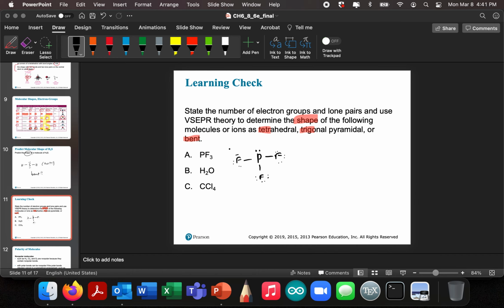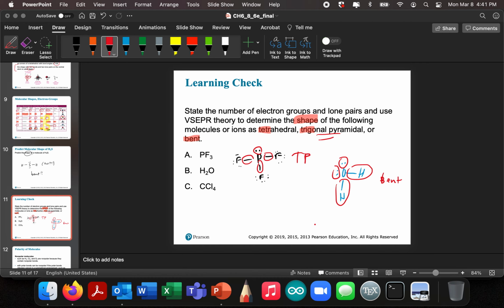Taking a long time for those electrons, right? All right, and so I see, aha, it has 3 bonds and 1 lone pair of electrons, 4 electron groups. But one of those is a lone pair, and so it's going to be trigonopyramidal. Trigonopyramidal. Okay, let's do another one. Let's do water. We already did water. It's got 2 bonds and 2 electron pairs,